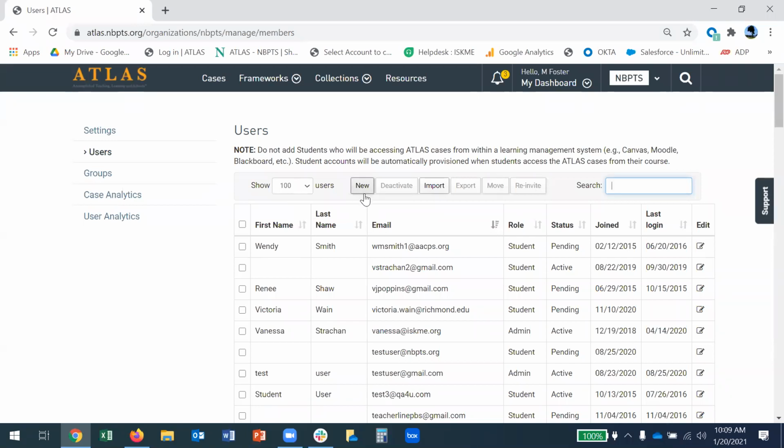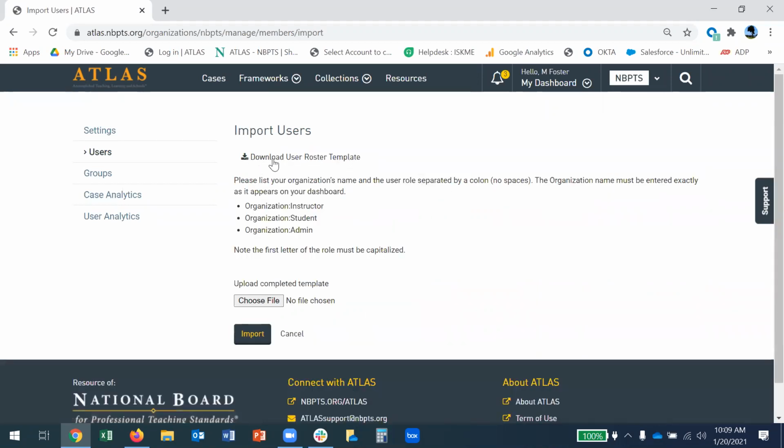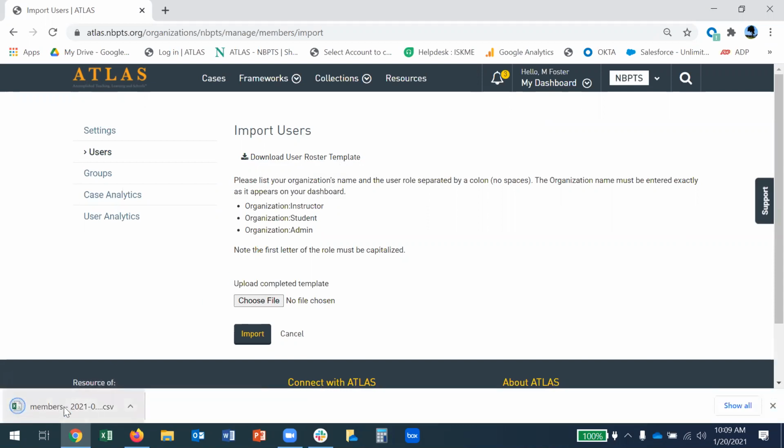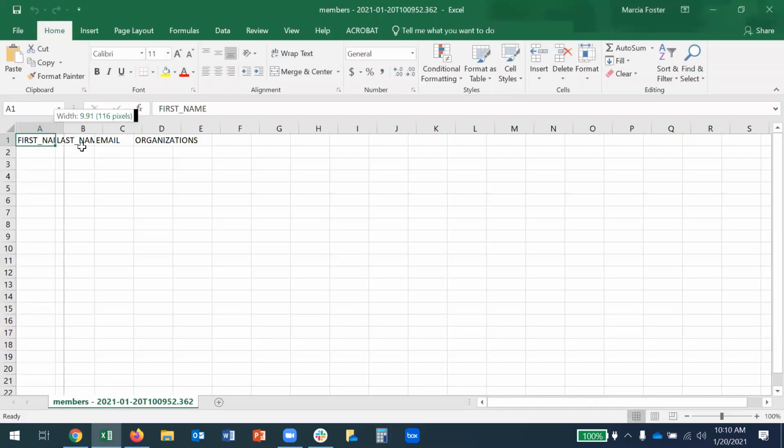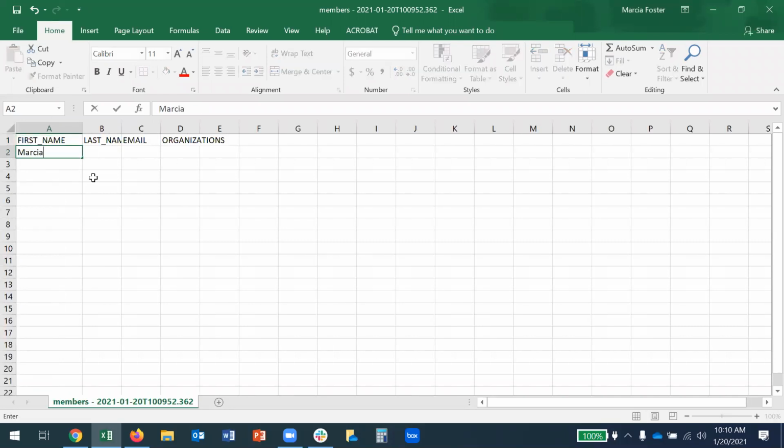So I showed you the first way to add a user is through the new button. The second way to add several users at a time is that you can bulk upload them. You do that by clicking on this import button. You'll see this download user roster template. Click on it and it's going to download. It's right here in the lower left. When I open it up, it gives me the opportunity to add in the first name, last name, the email address of the person,